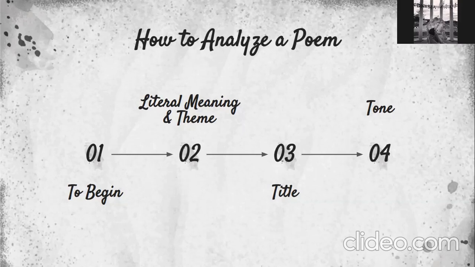The third one is title. You start your research for the theme by looking at the title of the poem. It was probably carefully chosen. What information does it give you, and what expectation does it create? For example, a poem called The Garden of Love should cause a different response from one called The Poison Tree. Does the title tell you the subject of the poem?